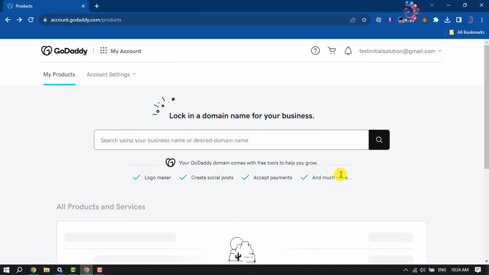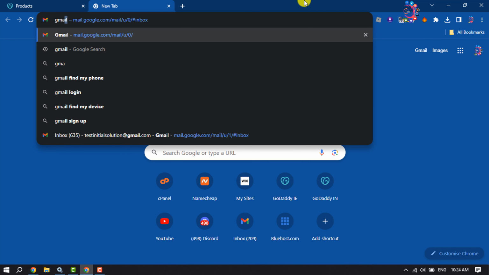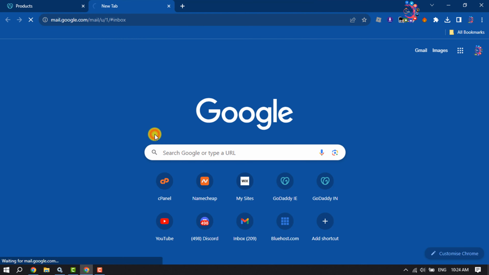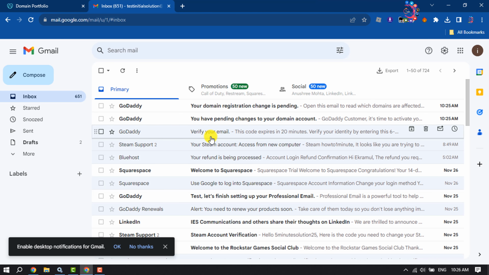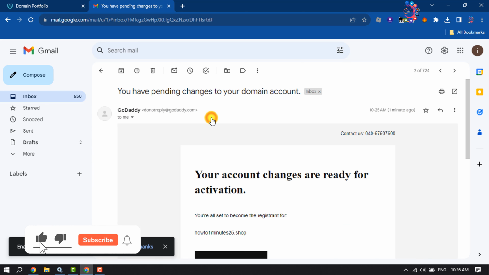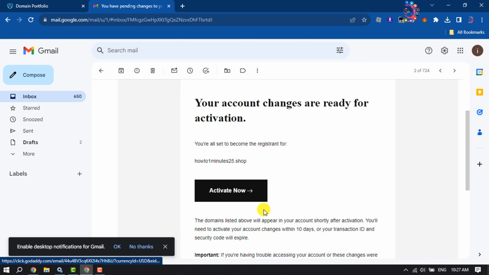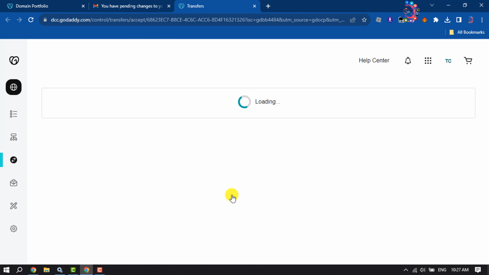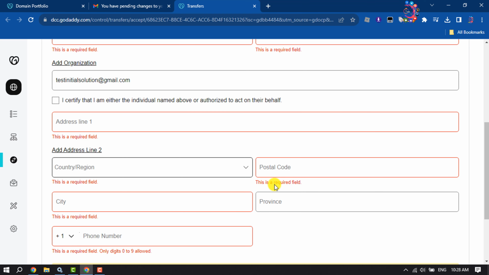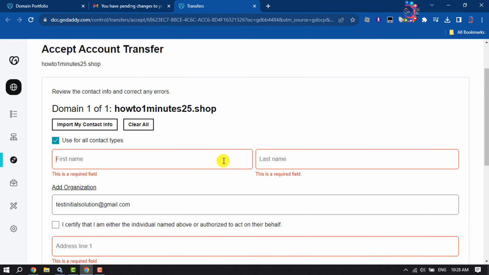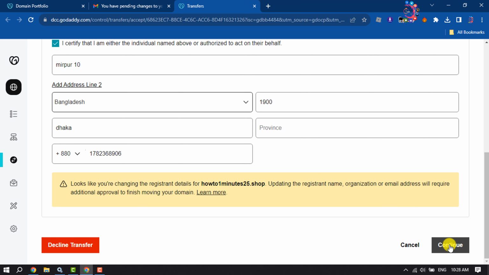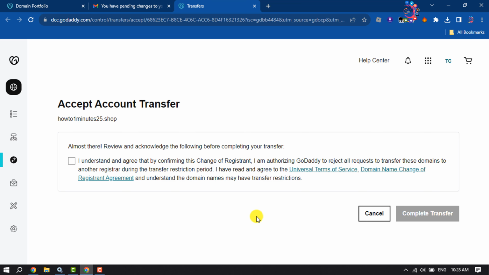Once you are logged into your other GoDaddy account, now open your Gmail, and as you can see, I received an email from GoDaddy, so I'm going to open it. To accept the invite, all you need to do is click on activate now. You have to fill up this information form using your valid information and click on continue, and here check this box and click on complete transfer,